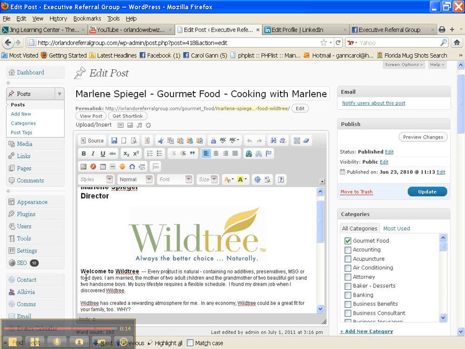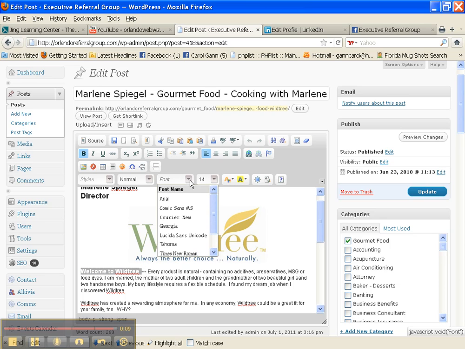You could change your fonts. Here's the fonts that you can change it to. These are regular web fonts, and the reason why you were limited to your fonts with web is because you have to make sure that